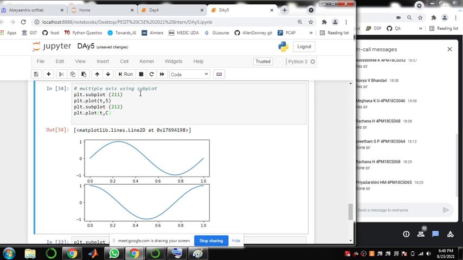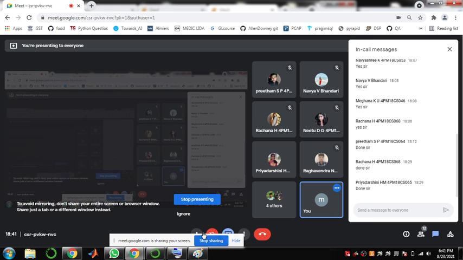This is the major use of it. Whenever you have more than 2-3 different signals and you want to plot them in a single window, this is the method you are going to use, subplot. And not only for plotting lines, it is also useful for displaying images and other sorts of signals also. Okay? Any questions? Please let me know.